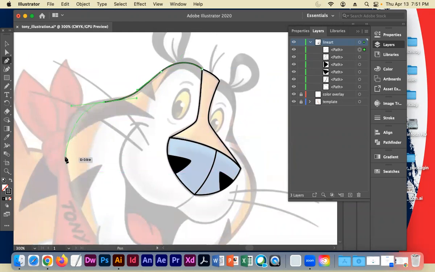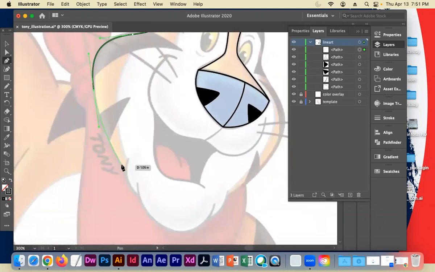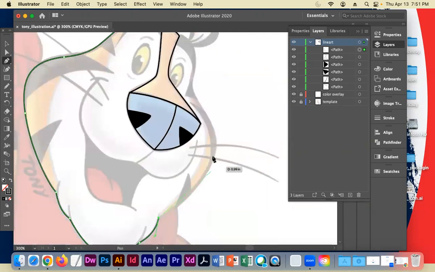Now I know how to use the pen tool pretty well. So I kind of know where I have to go to start the next point because I've drawn with the pen tool a lot. So if I click and drag here, I know I have to remove that anchor because this is a curve on his chin. Then I have to remove the anchor. That's a curve on his chin. I also know his chin's rounded. So if I do this, I know it's going to curve where I need it to curve, and then remove the front anchor and then go to the next spot, curve it, remove the front anchor,